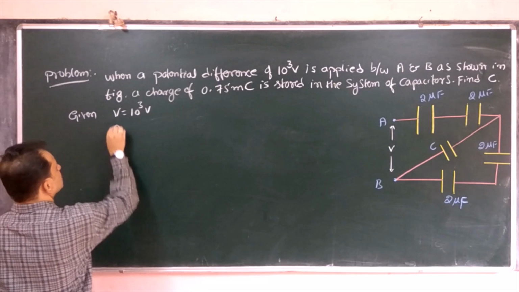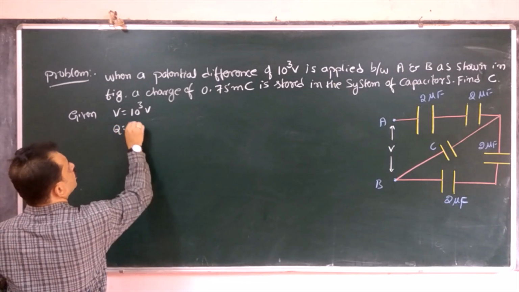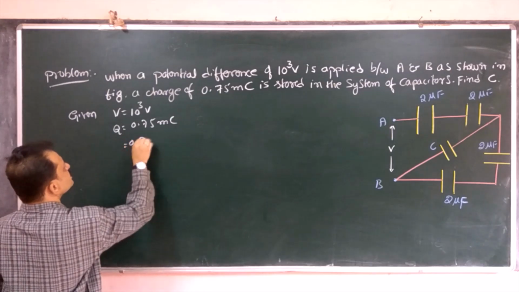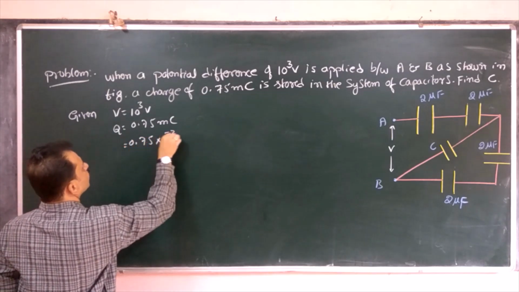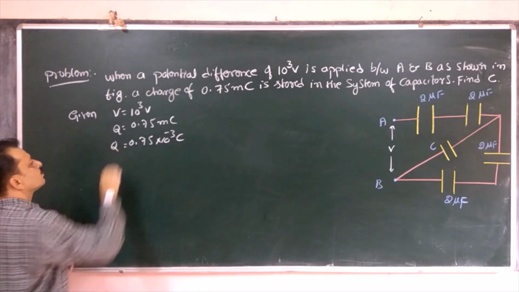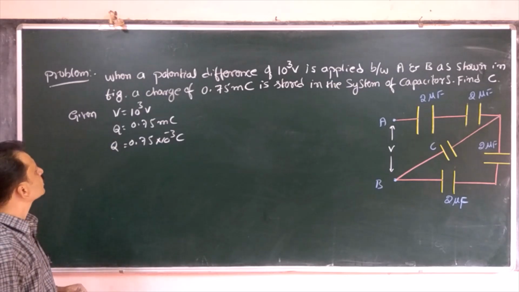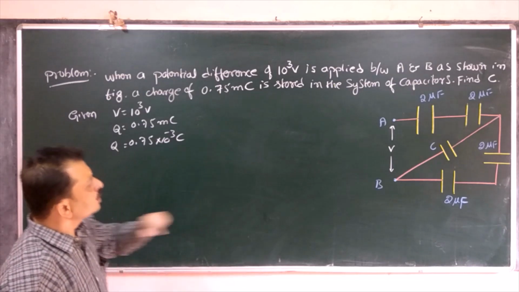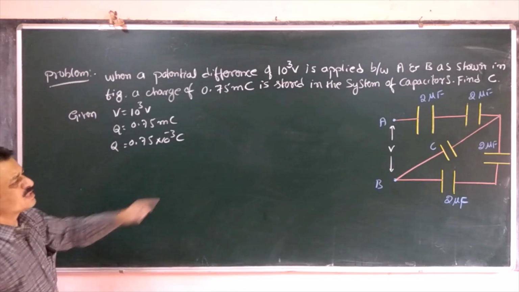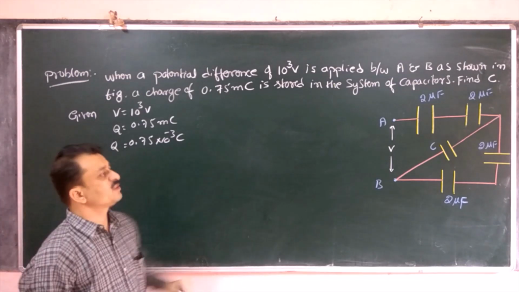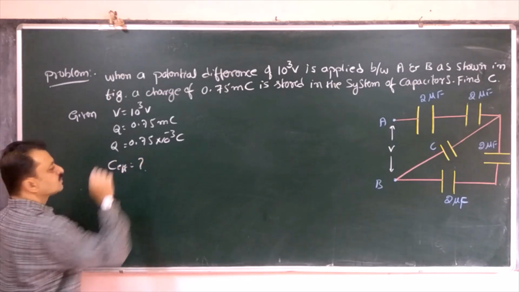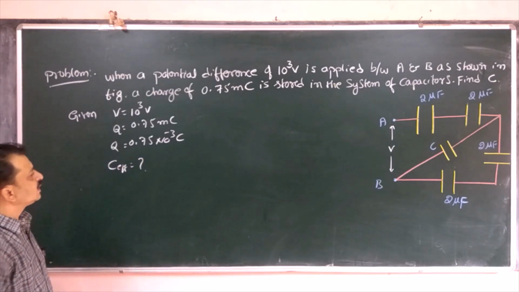Charge Q is equal to 0.75 millicoulomb, that is equal to 0.75 into 10 to the power of minus 3 coulomb. This amount of charge is stored. Now we have to work out what is the capacitance C. First we will work out what is the effective capacitance, and later onwards we will